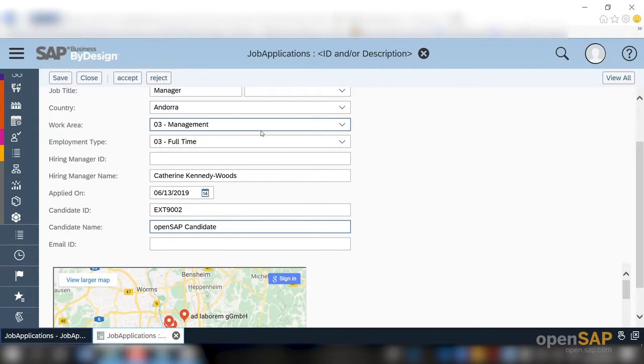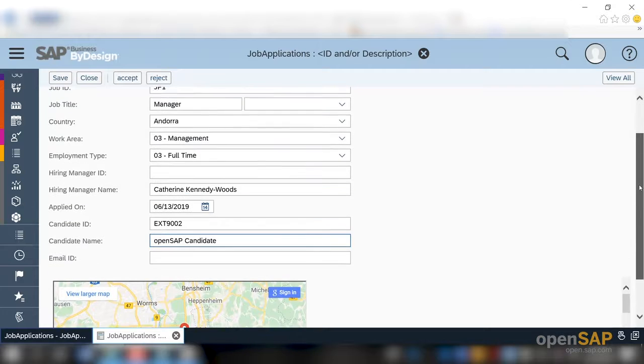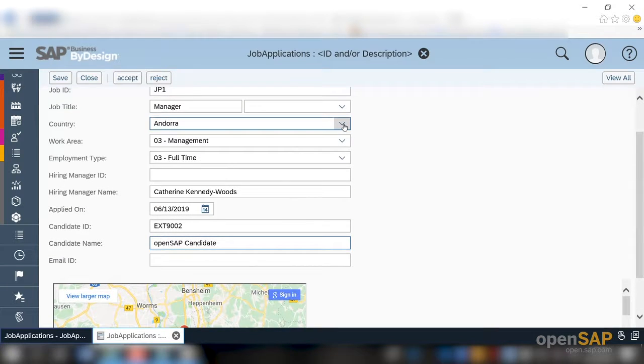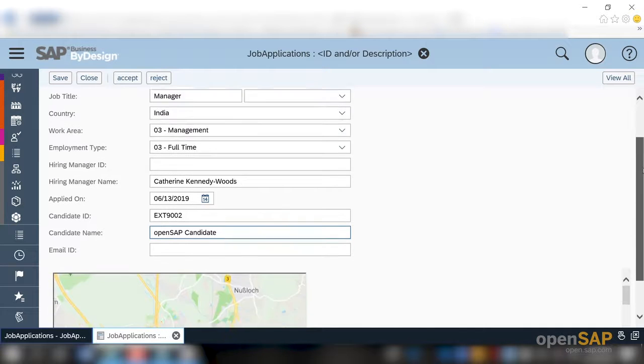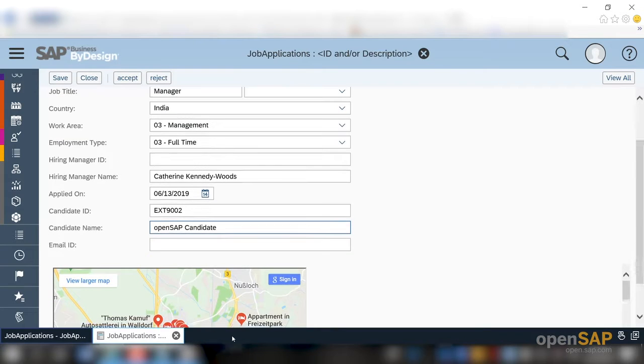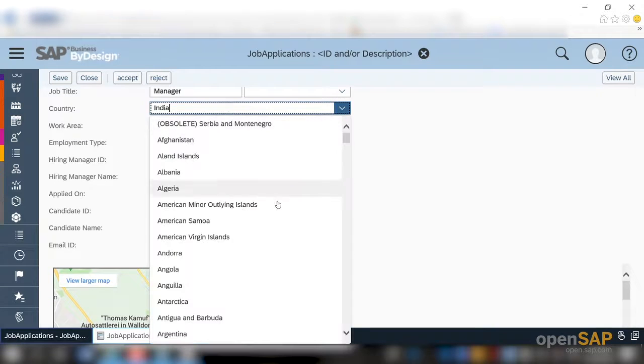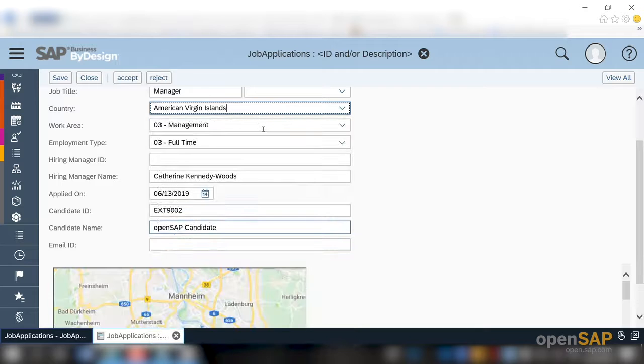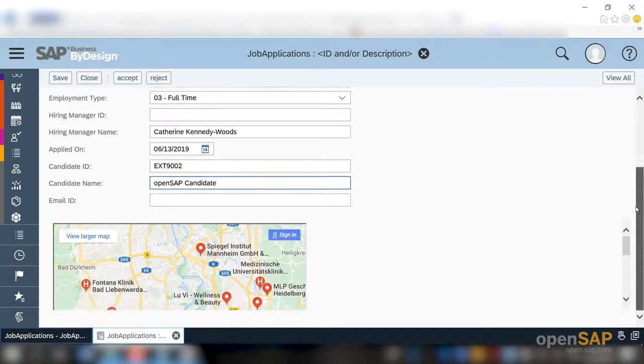The reason behind that is because for the element job location, you are using a standard country code list. So, it will always look for the code value, which for India is IN. It will look for IN in the map, and whichever location is with IN, it appears here. But the mashup works. You can see every time I change the country, the map is being reloaded. Yeah, that is all I want to show as part of the demo.